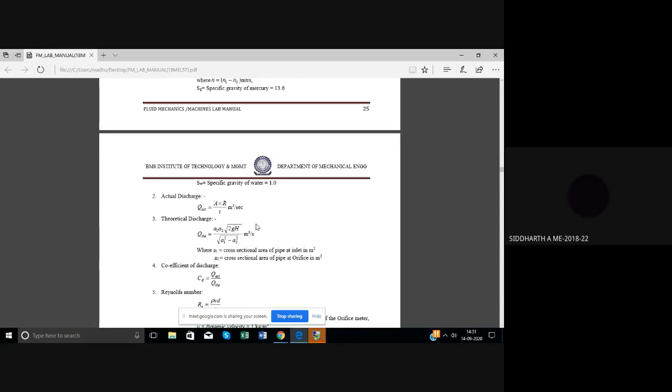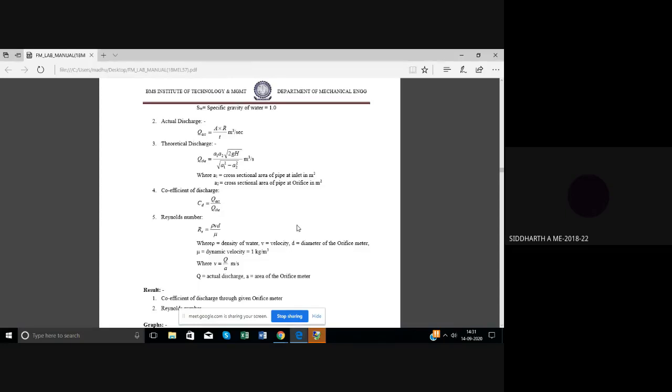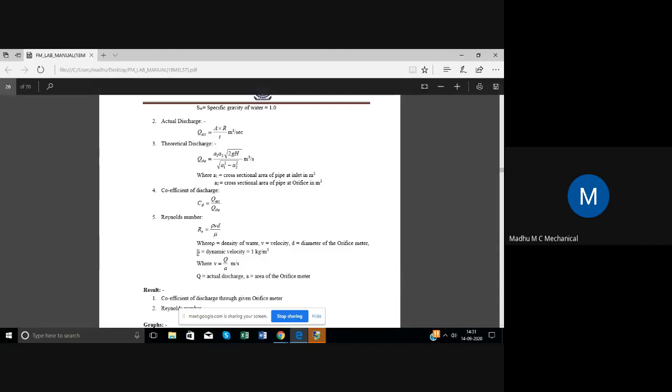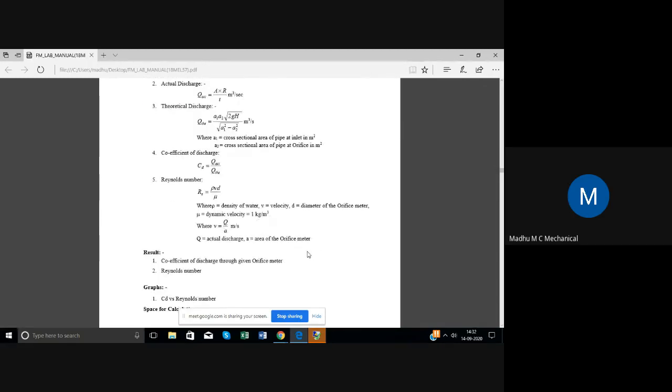Point, dynamic viscosity is 0.1 kg per meter cube, sir. No, that is wrong. He has given us a velocity, that is wrong actually. This whole thing is wrong. Yes, sir, this mu, this whole thing is wrong. So you just note down mu is equal to absolute or dynamic viscosity, equal to 0.1. Yes, sir, 0.1 kg per second square. Yes, sir. That's all.